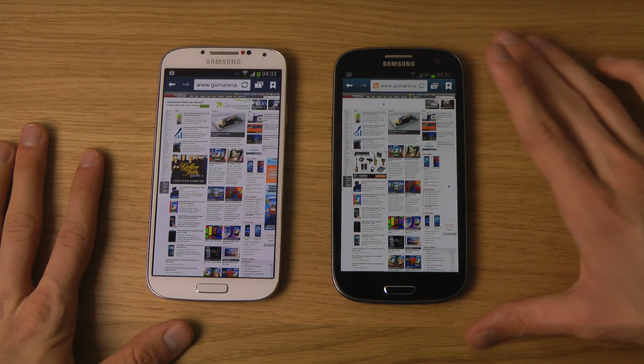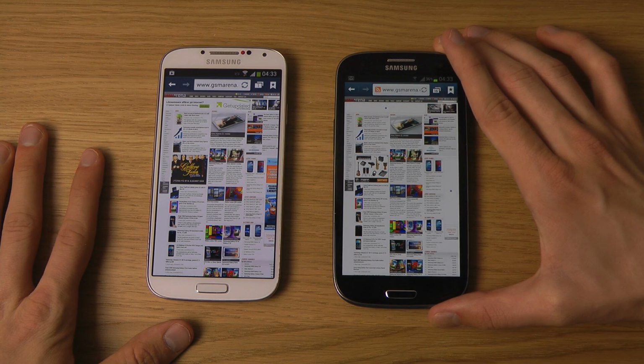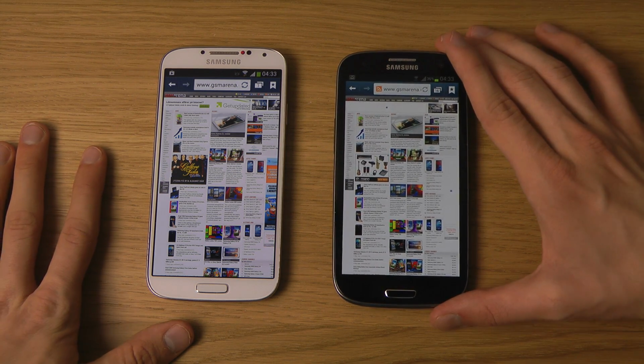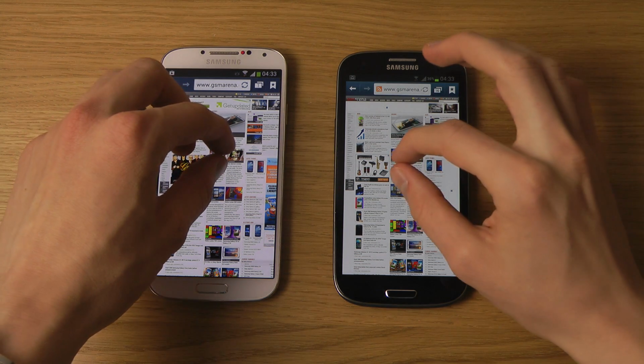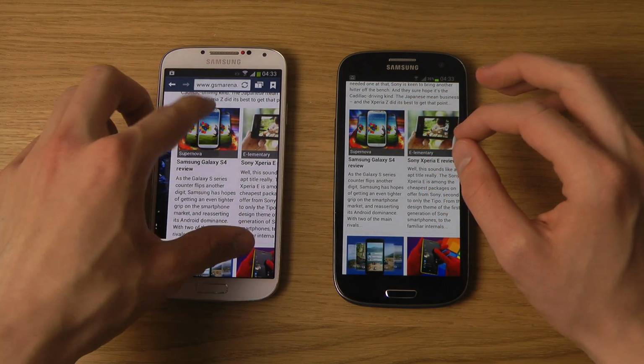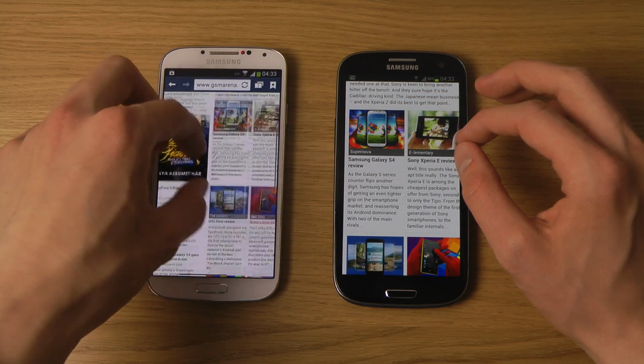Something I can see here, I definitely do believe that white looks a little bit more white on the S4, so it seems like they maybe have calibrated the colors a little bit more. Of course, on both these two devices, it's very hard to read the text, so you do have to zoom in here a little bit. And when we zoom in and out here,